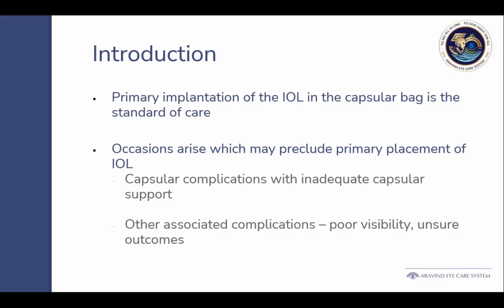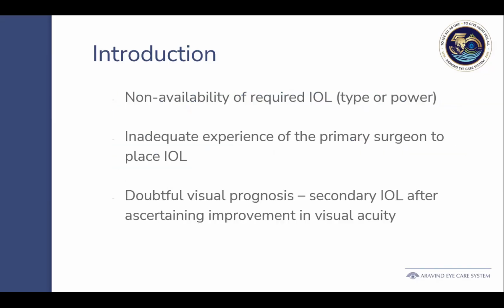These are all capsular complications, which are the most common among the intraoperative complications, where you are left with very inadequate capsular support. Or when we have other associated complications, like poor visibility because of a long duration surgery, or we are unsure of the outcomes, like we do not know what lies beneath, as in phacomorphic or phacolytic glaucoma. Or non-availability of the required IOL: we have planned a negative lens or a very low power lens, and we do not have a three-piece variant of that in that model, and we may have to postpone